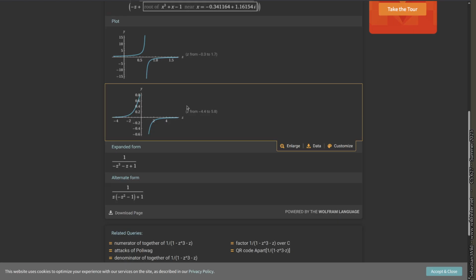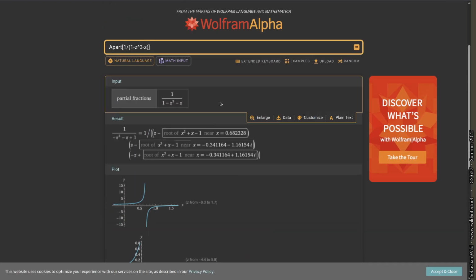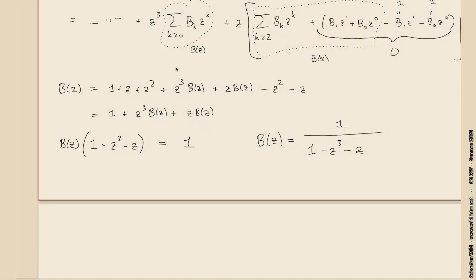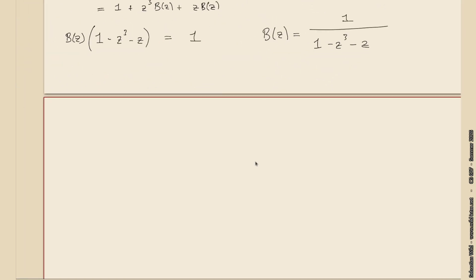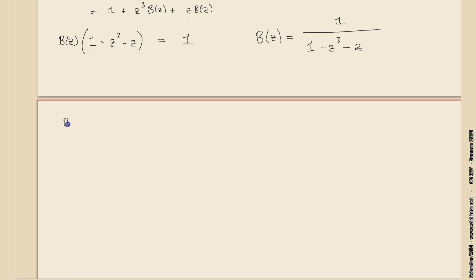It doesn't do it. Too bad. So we'll have to do it manually. And this might not be super nice. Okay. That's the danger with picking real examples. The thing about partial fractions is, if we have a rational function, so polynomial on top, polynomial on the bottom, numerator and denominator, we can always find a representation for this where we have the roots of the polynomial